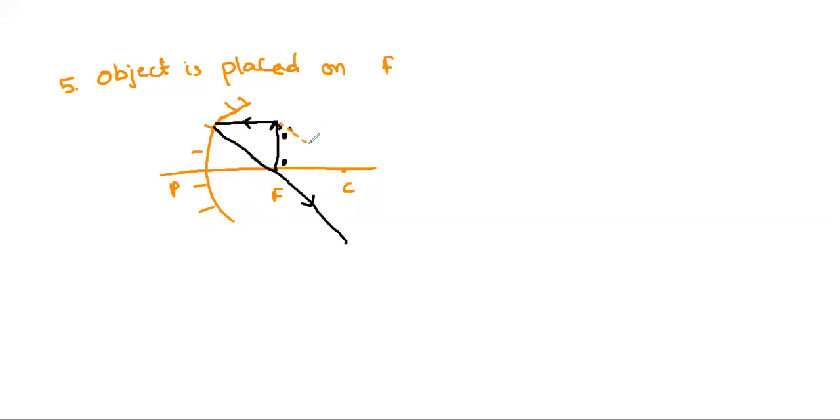So this is the ray which is passing in the direction of the center of curvature. After reflection, it will pass through the center of curvature, and the ray which is passing through the center, after reflection, retraces its actual path. So if you consider these two rays which are reflected from the tip of the object, they are parallel